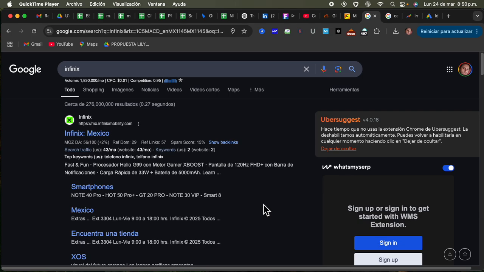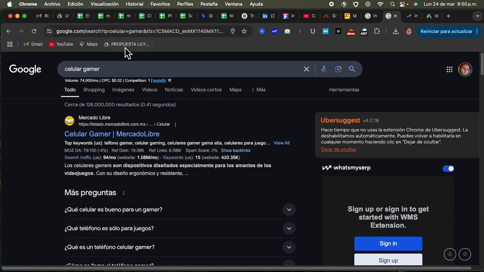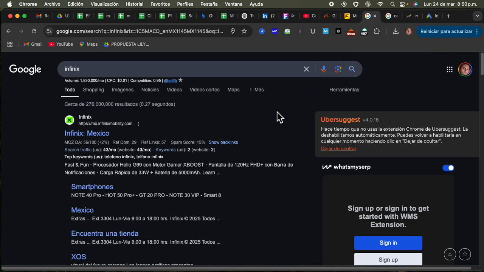This is a study for Infinix to analyze what people are searching for related to Infinix or related to mobile gaming phones. Okay, so why is this important? Because if we know what people are searching for, we can create content based on the analytics that we already know,